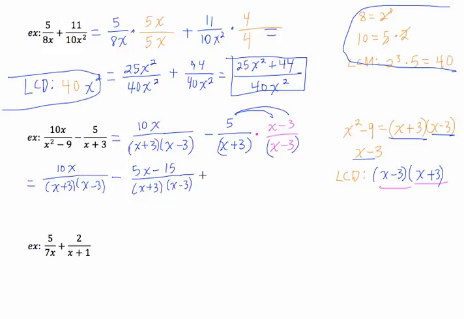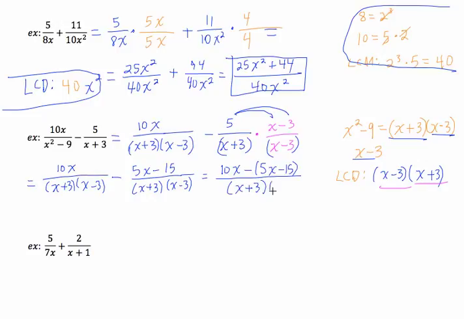There's no reason to multiply out that denominator because after we subtract, we're going to want to refactor it anyways to see if something cancels. So now let's go ahead and subtract. So we have 10x minus, remember this whole numerator, it's minus everything here, 5x minus 15, all divided by x